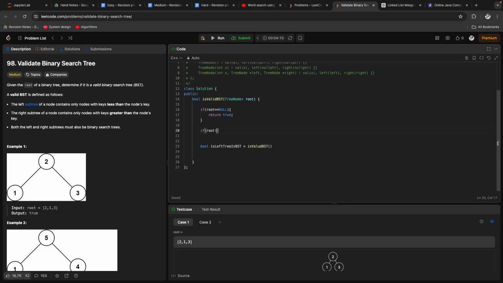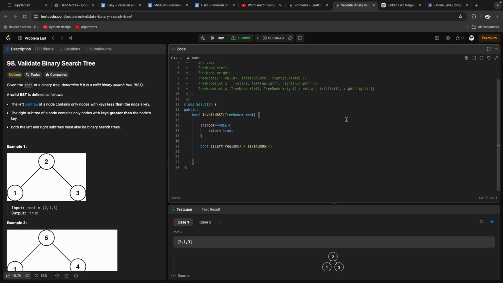If root left is not equal to null, and then root is not equal to null, and then root left is not equal to null, and... Okay, so instead of doing this,